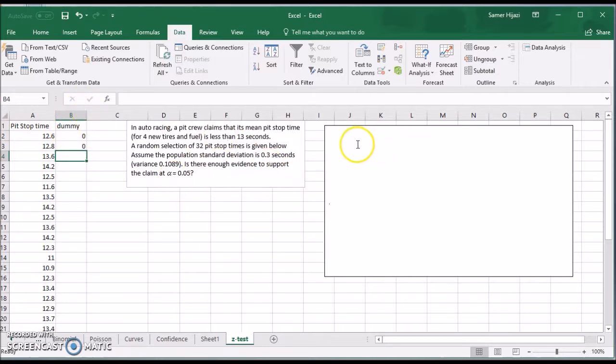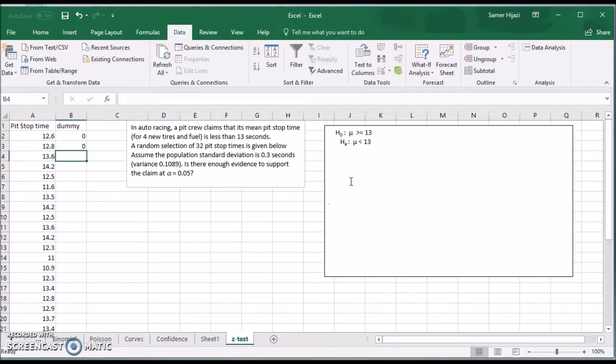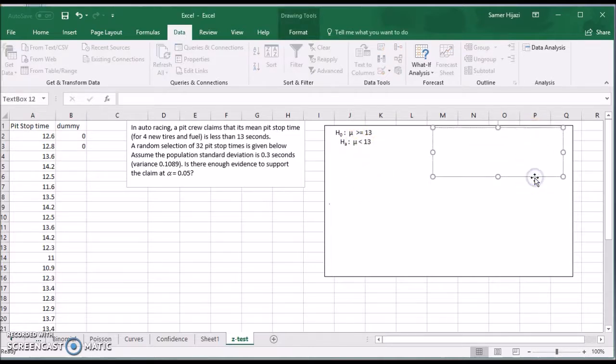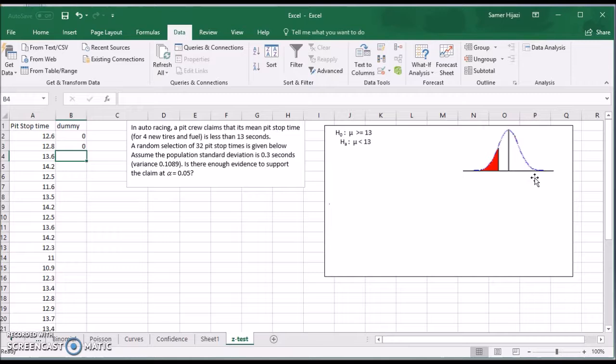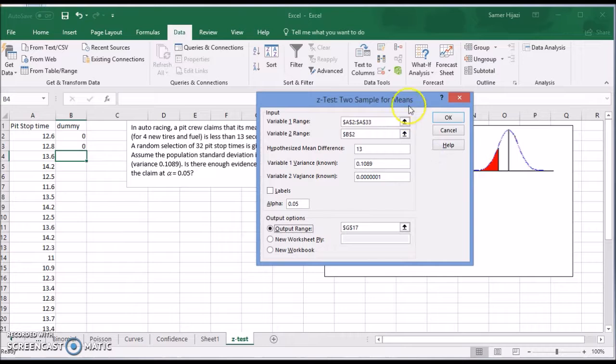But first, similar to the previous video, less than 13 seconds means the mean is less than 13, which means we place it in the alternative, and the null will be greater than or equal. Less than 13 in the alternative means that we have a left tail test. So let's go now to the data analysis and choose the z-test two sample for means,